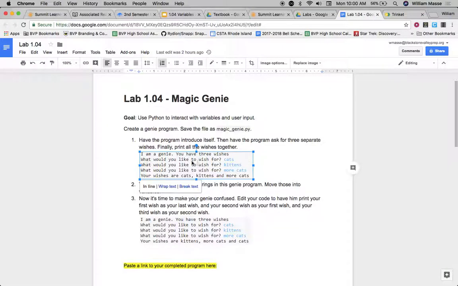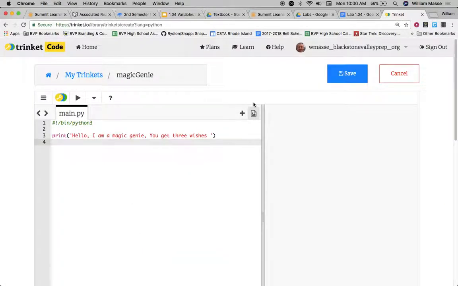After that, we're going to collect some user input, and we need to collect 3 separate wishes. So we could use a variable. We're going to use 3 variables to store all 3 wishes. So we might go something like this, wish1 equals, and then we can go ahead and use our input function. And remember that the input function takes an argument of a string as well that it can display on the screen, just like the print function. So we might go, what is your first wish? That way we'll ask the person for a wish, they get to input it,